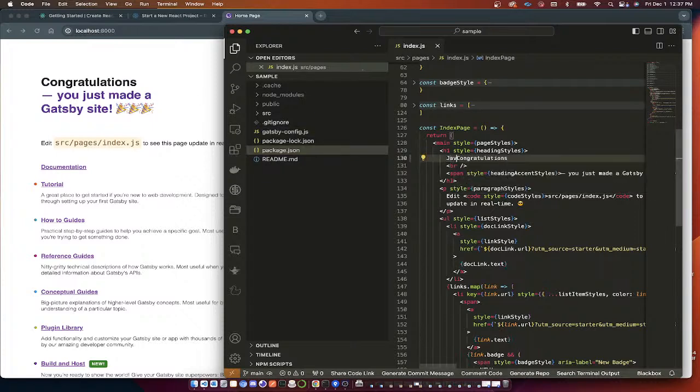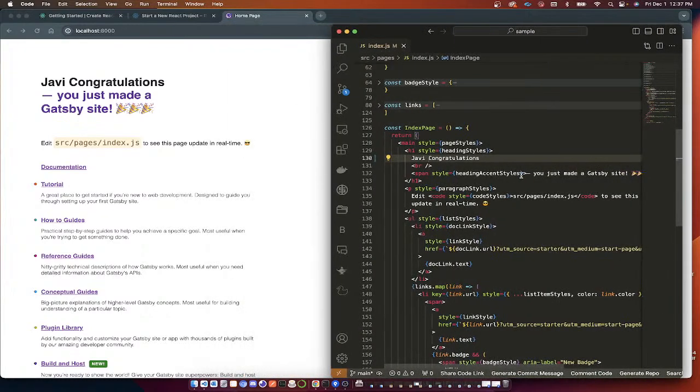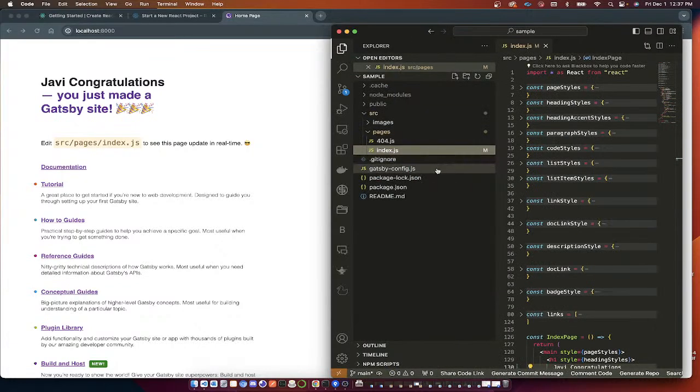Say, Avi, congratulations. And as you see, whenever you make an update here, it reflects immediately, and that is probably the advantage of using Gatsby, but I still don't see the advantages because I can do that without Gatsby. So what else can we do differently? I mean, there's really nothing. Okay, so